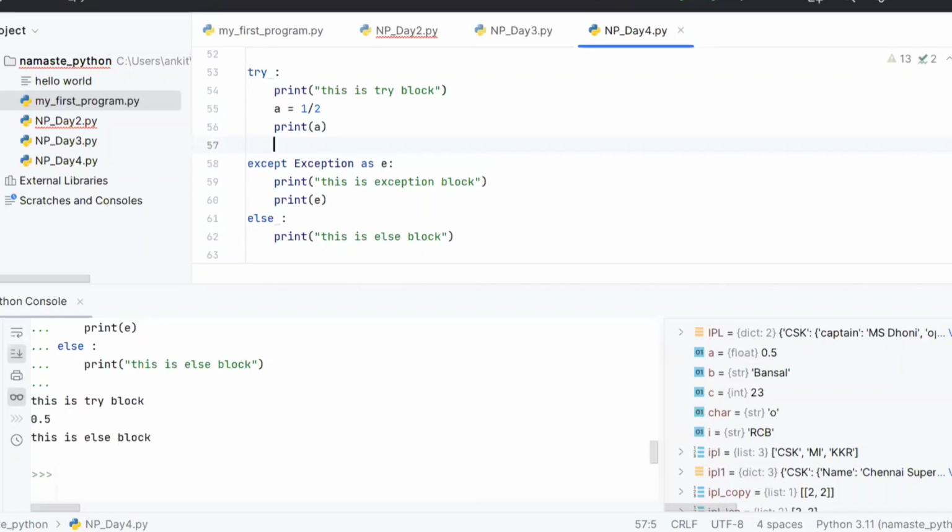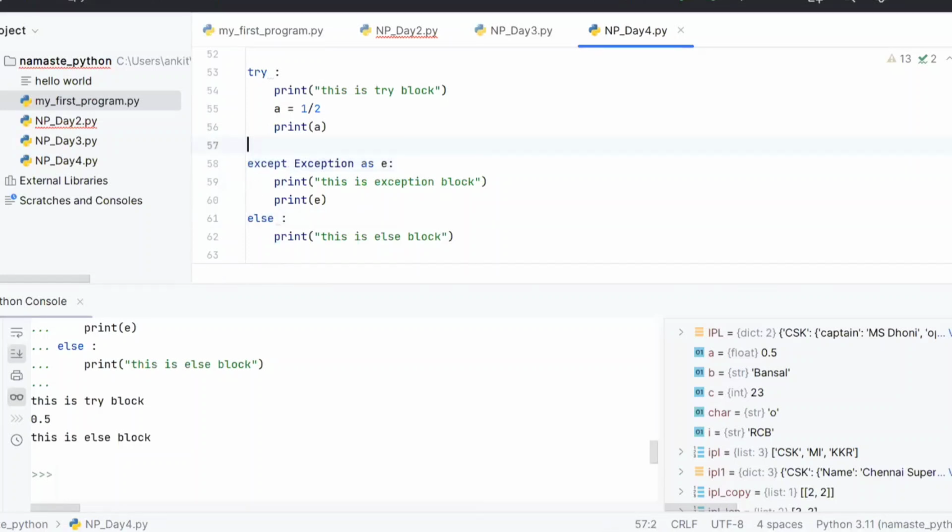I didn't understand. Let's say you have 100 lines of code. Your exception can come at any point of time. At any point it comes, it will go into the exception block. If it doesn't, then it will go in else.